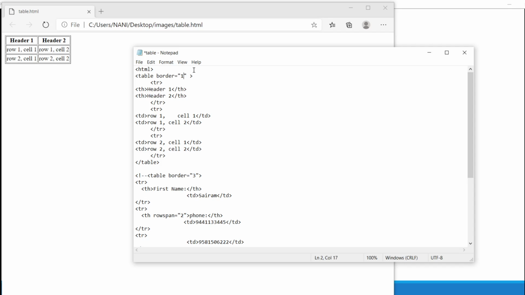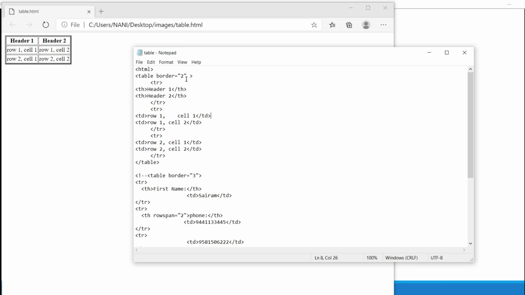If I specify the border with 2, see that the border is of size 2. Header 1, header 2. Next row is row 1, cell 1.